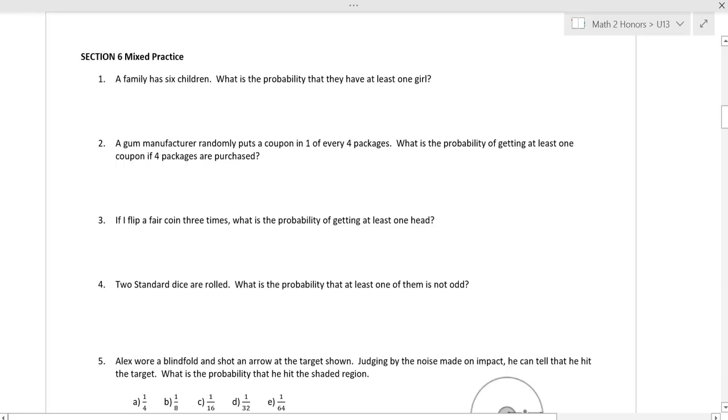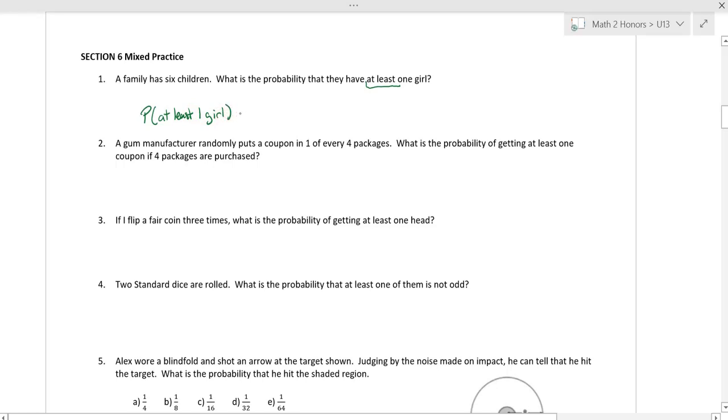Through the Section 6 mixed practice problems and show you the solutions here. Number 1, a family has 6 children. What's the probability that they have at least one girl? Notice at least, and so we're going to think back to our approach. The probability of at least one girl